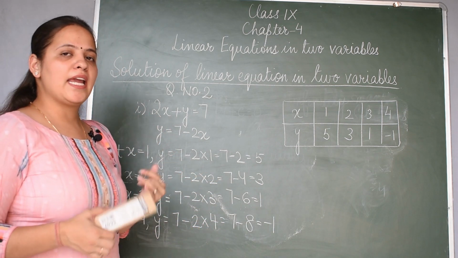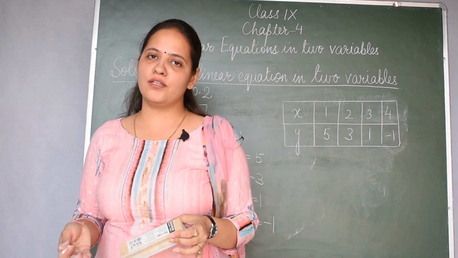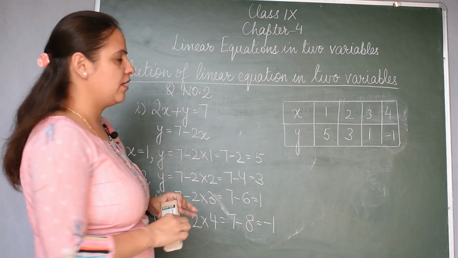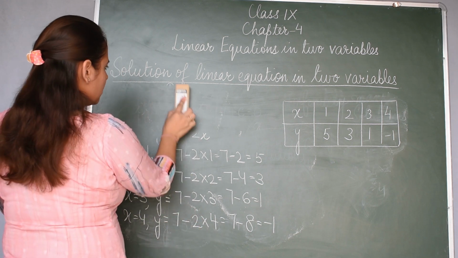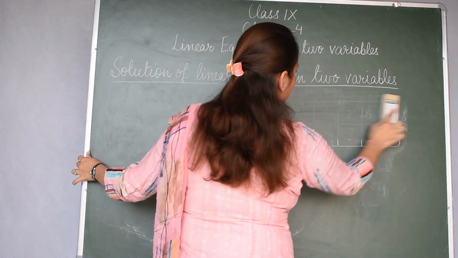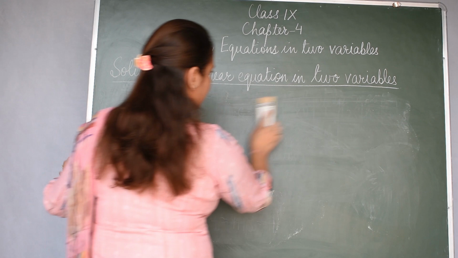So you can be given any equation and you will be asked to find as many solutions for any linear equation in 2 variables. So you can solve question number 2 according to the given linear equation. Now the question number 3 is